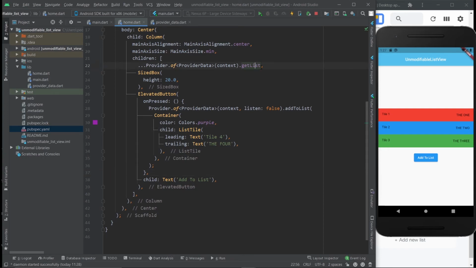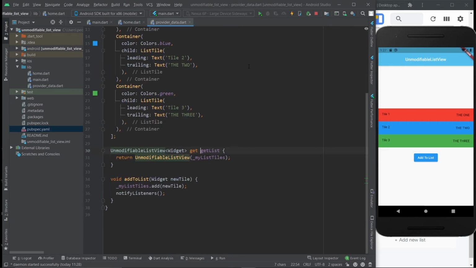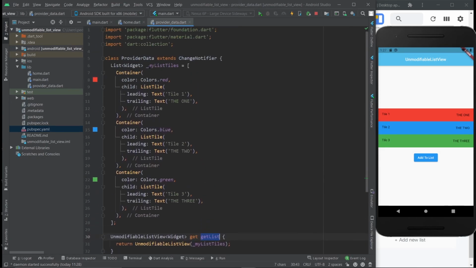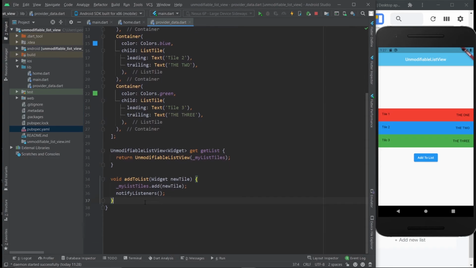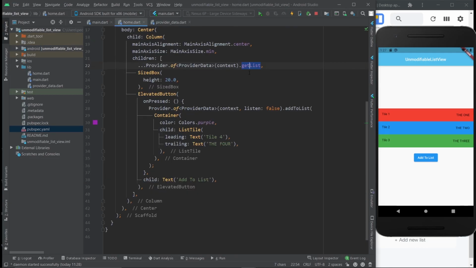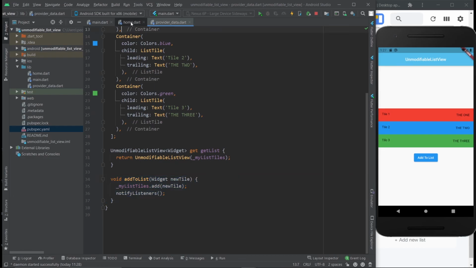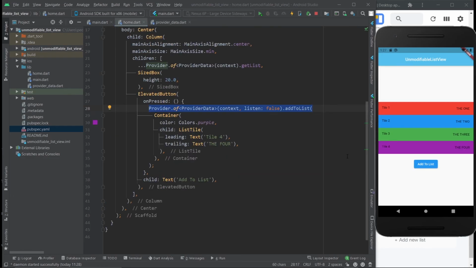You want to end up with the list being displayed because you're using the list that is a mirror of the original list right here. But the list itself is private and you can only access it within this file right here. So whenever you need to add or maybe you need to remove something from the list, you just add a method like this to this file right here. So what you're displaying is the unmodifiable list view right here. And then once you want to add, remember, you're using this method right here. So when you add, everything's okay. You can't change the list from a different file. And this is just a much more organized way to go about things.